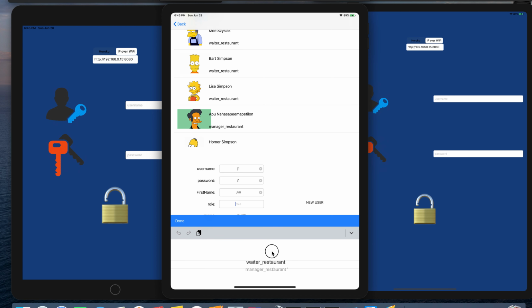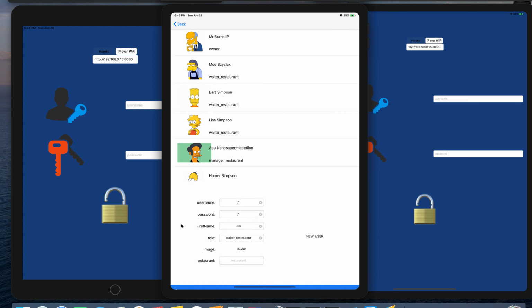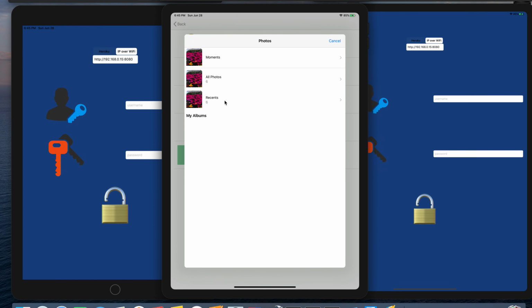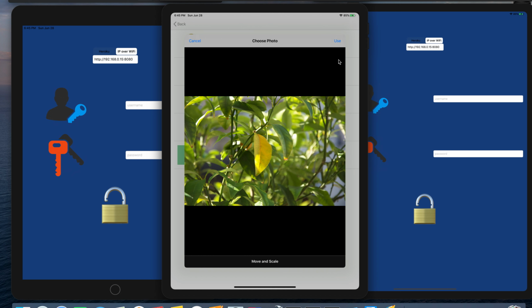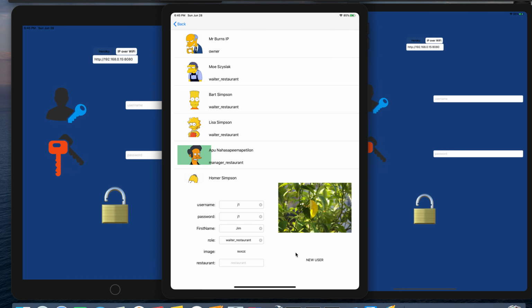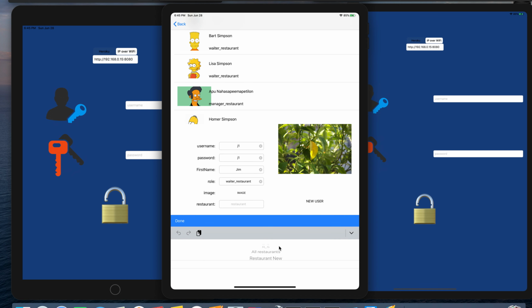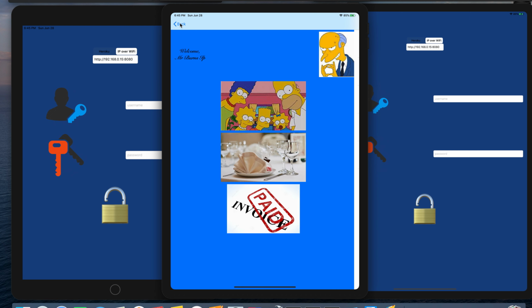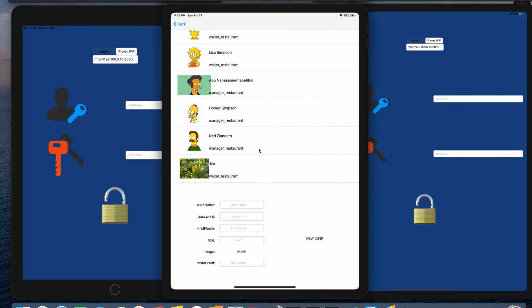Jim's role, I'm going to select waiter. For the image, again, I'll have to select one of the images, so I'll take these yellow leaves. And for the restaurant, I'm going to pick the restaurant we just set, the new restaurant, and I'll enter Jim just to confirm that he is already in the list. So he is there, and one more,